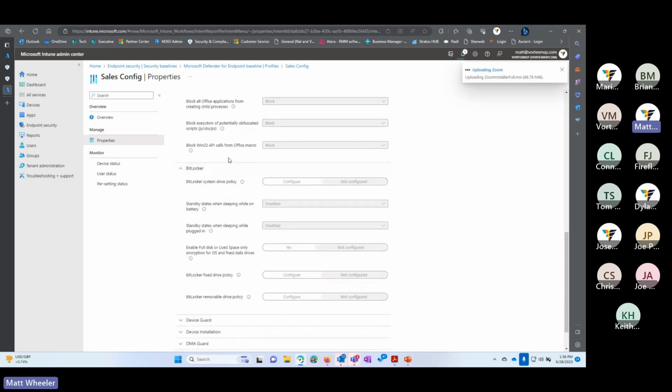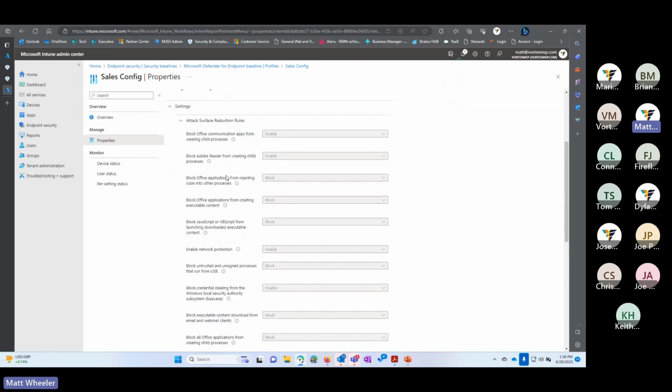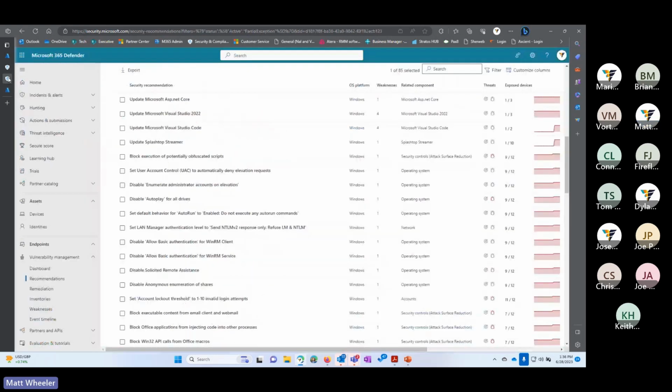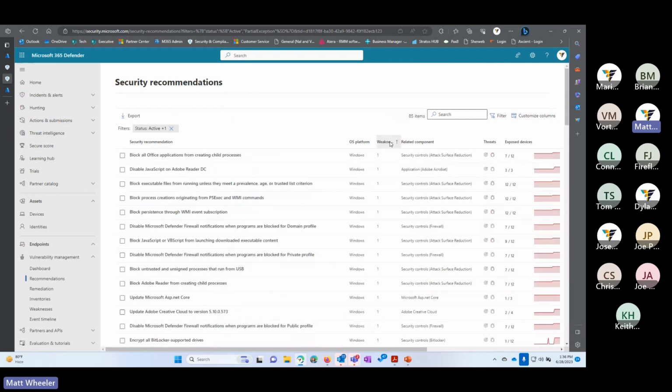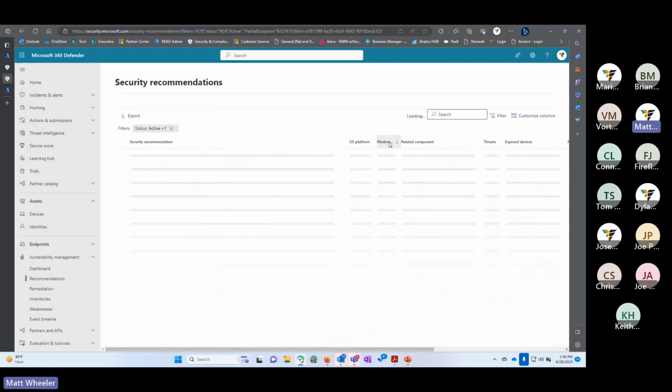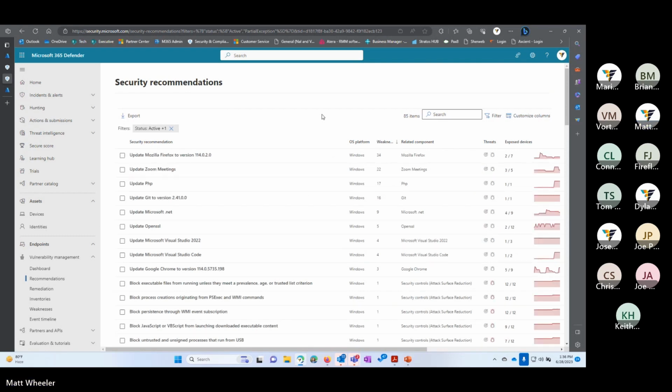So these are going to be the things that should show up here and show that, for example, basic authentication is probably allowed on our tech devices, but not our sales devices. And so you can see that's why there's only 9 exposed devices instead of 12. So what we like to do is come in here, take a look, figure out what our biggest vulnerabilities are, and then kind of work down from there.